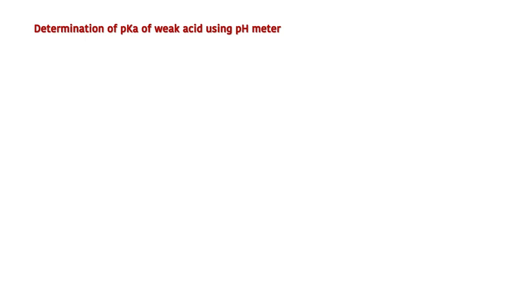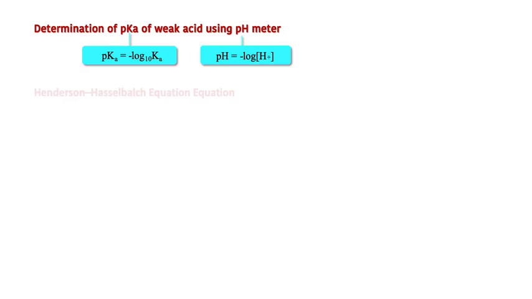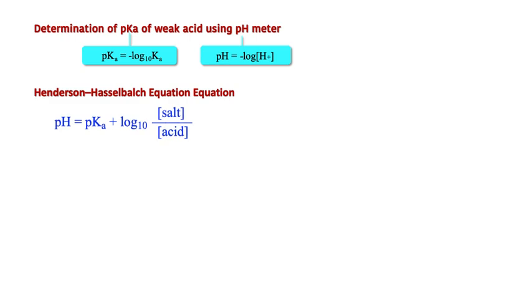Determination of pKa using a pH meter. We know what is pKa and what is pH. It is the negative log of the H plus ion concentration. So the pH meter gives only pH, not the pKa. Our aim is to find the pKa of a given weak acid. Then how? Using the Henderson-Hasselbalch equation, that is pH is equal to pKa plus log base 10 of the concentration of